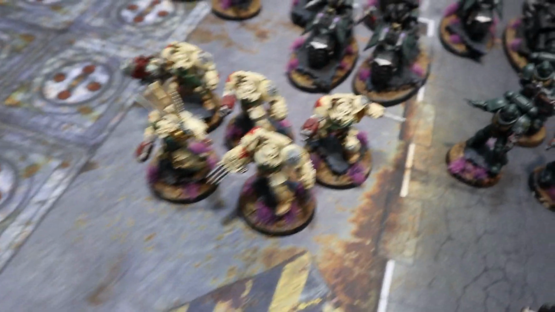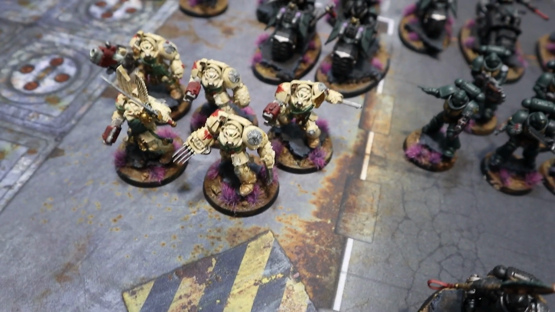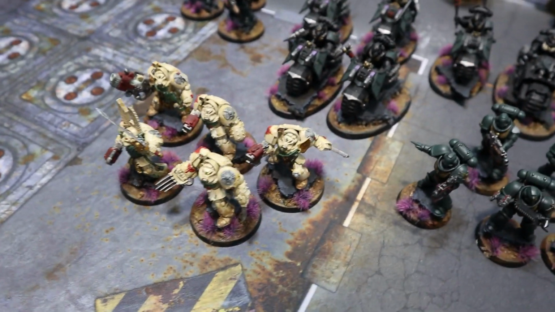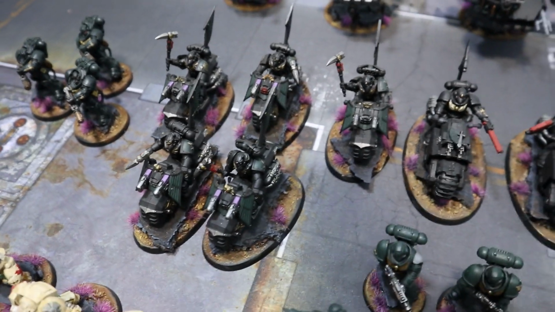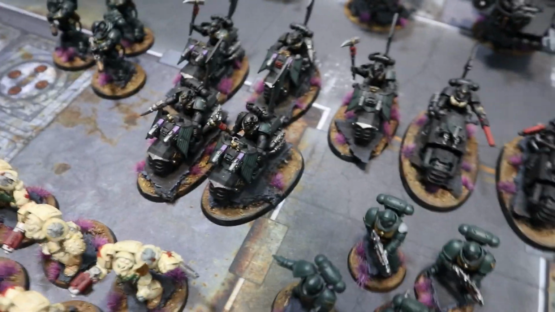Yep. So we've got a mixture in here. What have we got? Plasma cannons, storm bolters, chain fists, lightning claws, you name it, it's in the unit. Is that all your elites? And the Black Knights, yep, plasma talons and Corvus Hammers. Alright. Then, what do you got for...